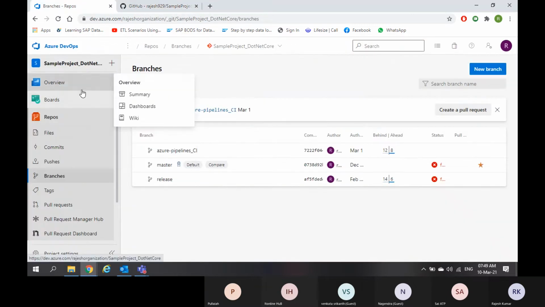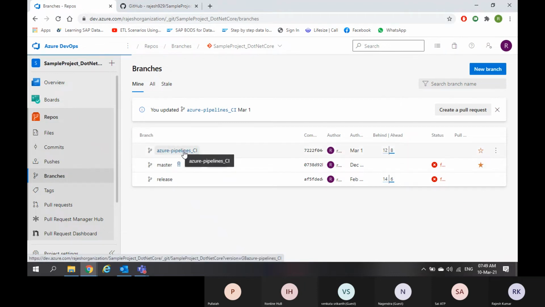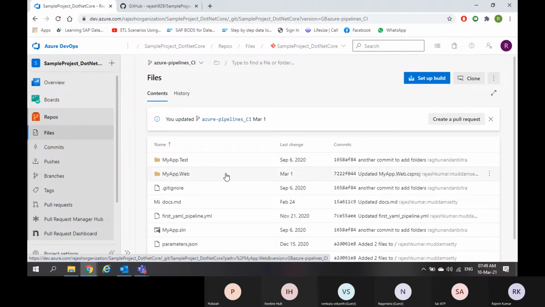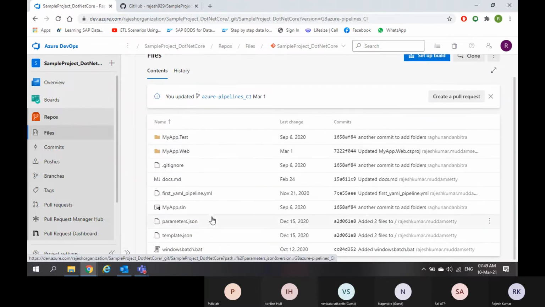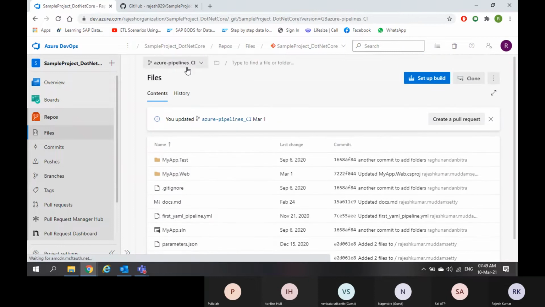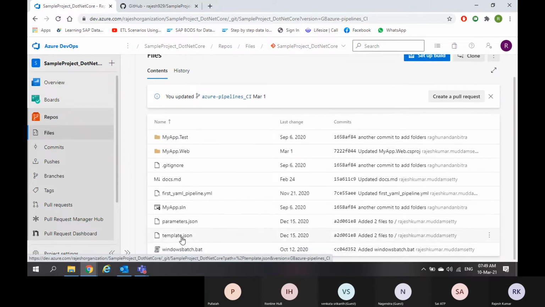So the same way in our Azure Repos also we have branches section. If you go here, it will show you the source code inside the branch. If you see in Azure pipelines, I have files called template.json and parameters.json.